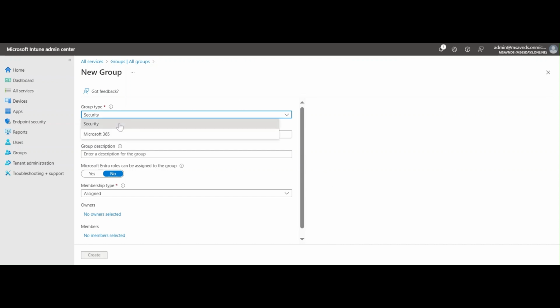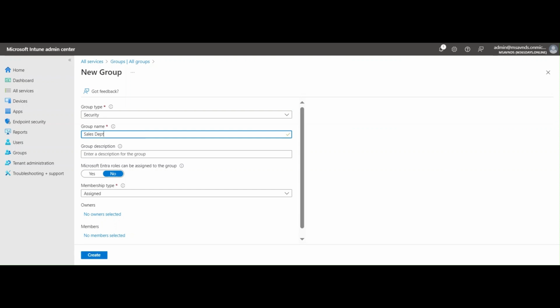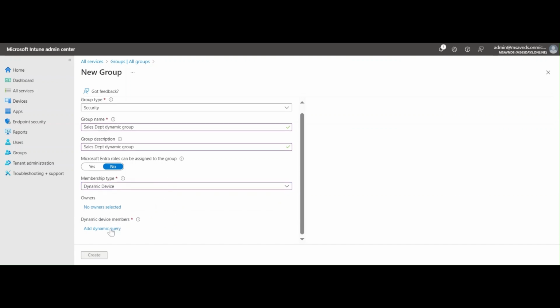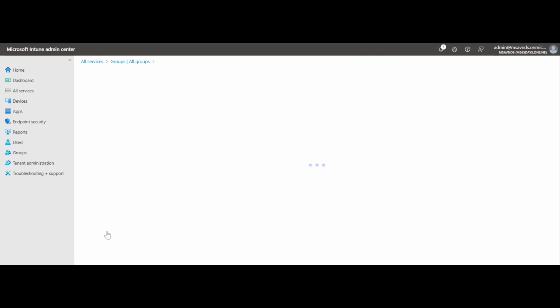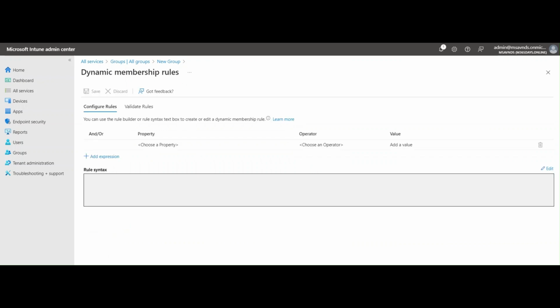So select the group type as security here, and then give it a name, Sales Dept Dynamic Group. I'm just giving a name, but you can give any name which is easy to identify and understand. And then from here we need to select dynamic device group instead of users. And here's the important query that we need to add, which is under the dynamic membership rule, right? And that query would look like